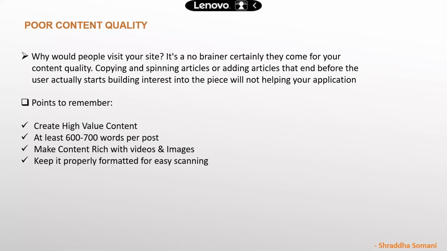Formatting should be good, as we saw on the first slide of website designing, right? If you are not aligning things properly, then the formatting is not easy for scanning either, right? Scanning means the way people view your website. From left-hand side to right-hand side, mostly people scan your website, and they do not scan each and every word. The maximum time they spend per page is not more than 2 minutes. So you have to attract your customer so that they spend more and more time.